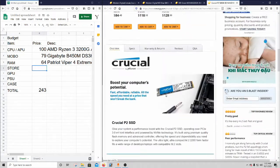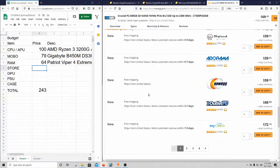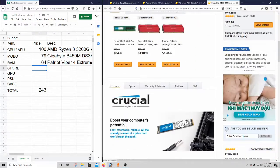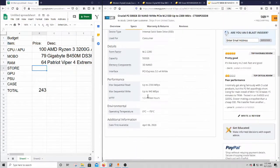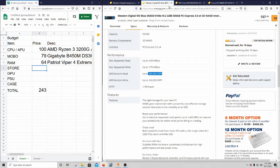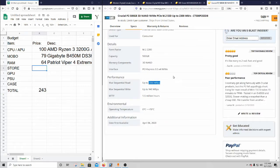And here's the Crucial P2. This is the one I ended up getting. I don't think that Western Digital one was out yet when I got this. Let's go to specs. 2300 megabytes per second. So it's just slightly slower than the Western Digital. If I had a choice between the two, I would still probably go with the Crucial, just because